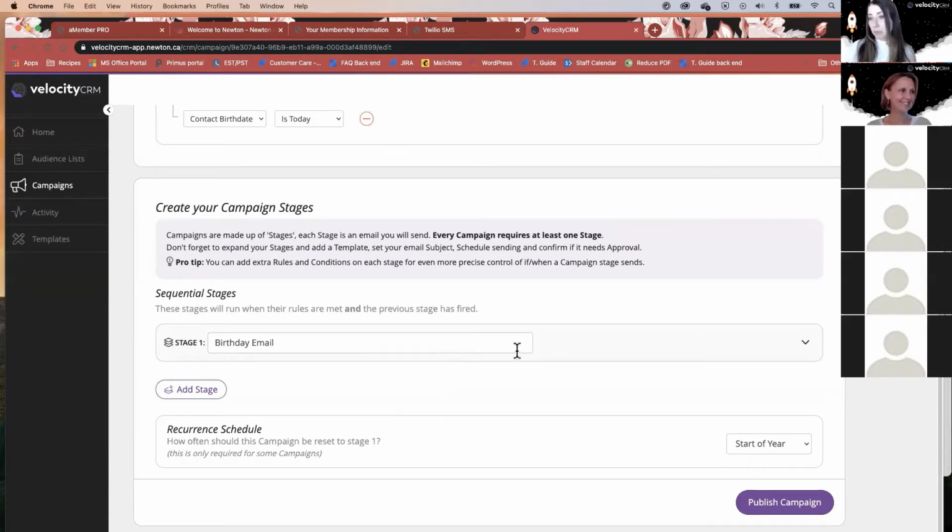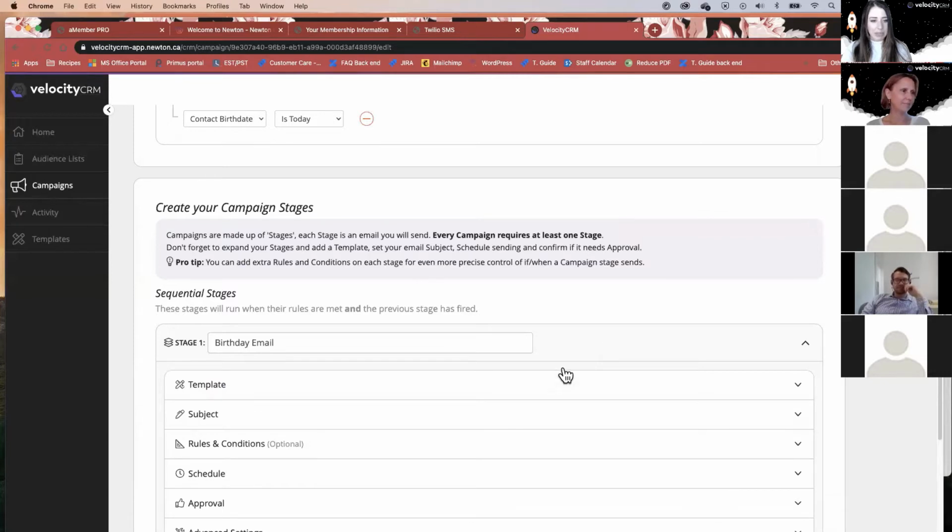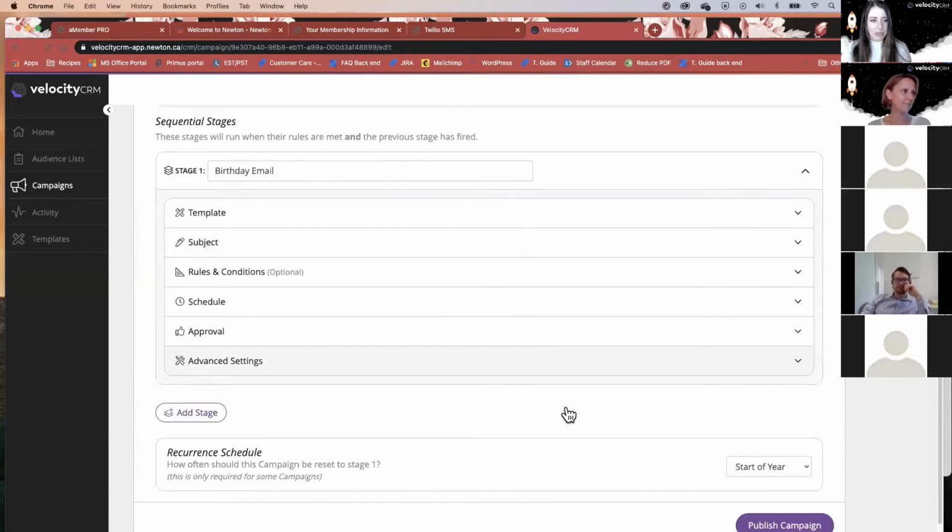With things like pre-approval or maturity date, you might see multiple stages that are going to go in, 3 months before, a month before, 2 weeks before. So that would be divided into stages. And that's the whole purpose behind these stages and the numbers there and the ability to add new stages. Okay, so for birthday, just the one, click on this to expand it. And we can jump to see